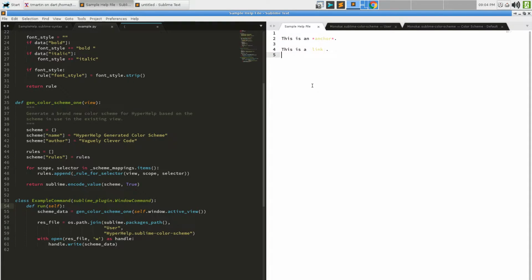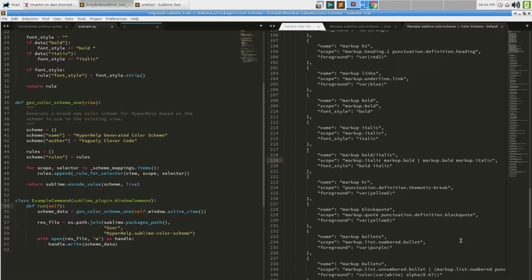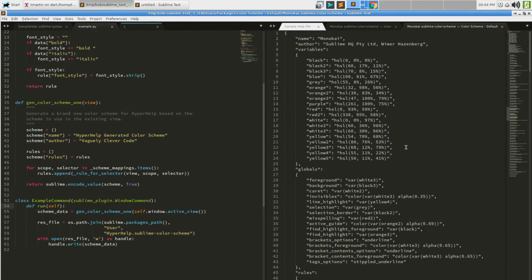And why is it doing this? Because if you look at this, the bulk of the file is the rules that tell it how to display various scopes in various ways. But there's this section right here, which is telling it what the foreground color, what the background color, what the caret should be, what invisibles should look like, blah, blah, blah.